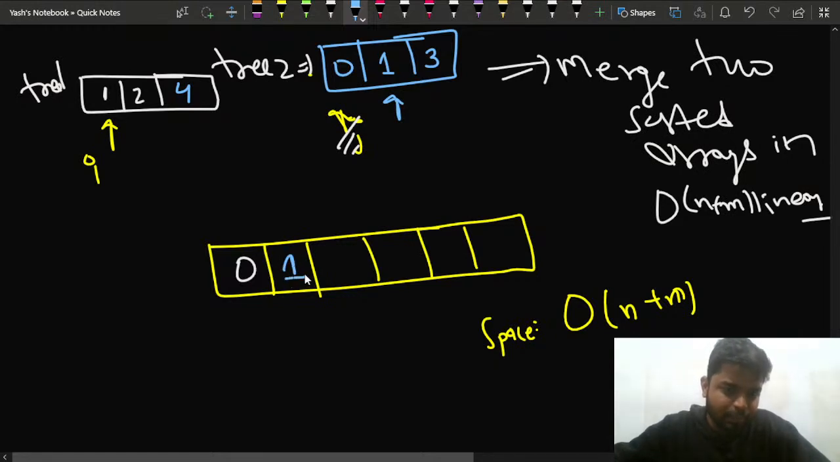So I'll push this one, and then let's say my j moves here. After my j moves here, what will happen? This element of the first tree is lesser, so that's why I'll push 1. Once I push 1, it will move from this element to this element. Now my i is at 2 and j is pointing to 3, so definitely